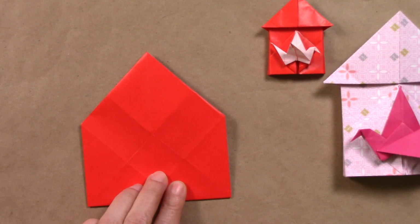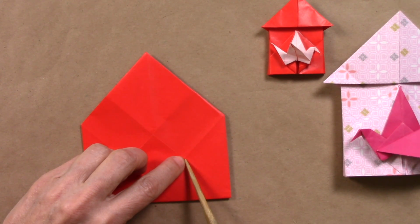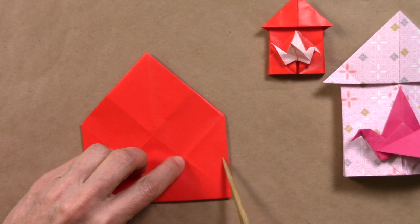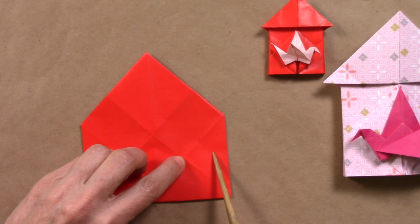And we're going to locate some points here. There is an intersection here, an intersection here. We'll focus on this distance from this intersection to the edge. And we are going to locate the third, about here. 1, 2, 3. By eye, about a third of the way of this distance, we're going to make a fold